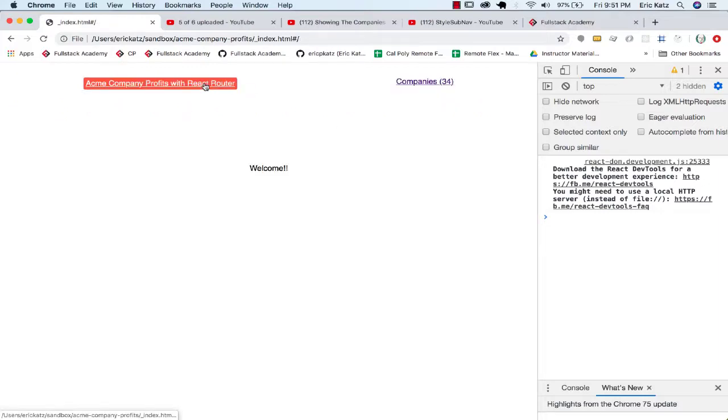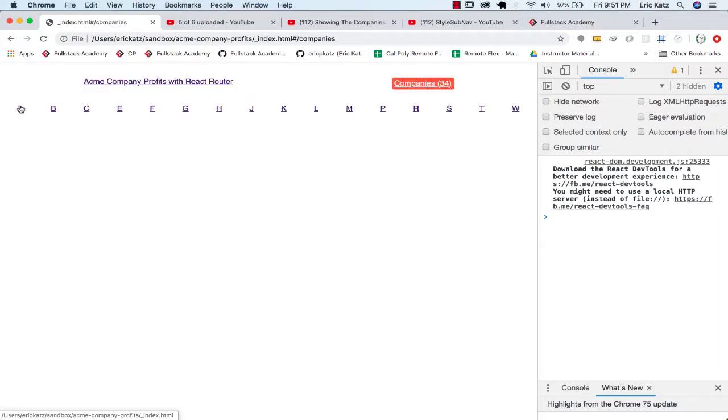So we're pretty much done with the feature. We could think of one thing that might make it a little bit nicer. It might be nice if we defaulted to the first letter that has some companies underneath it. Now, we could set this link up so that it just goes to companies A, but rather than hard coding